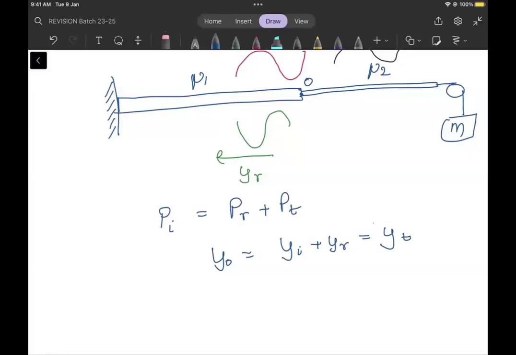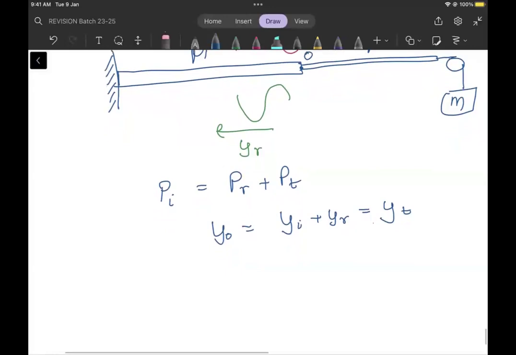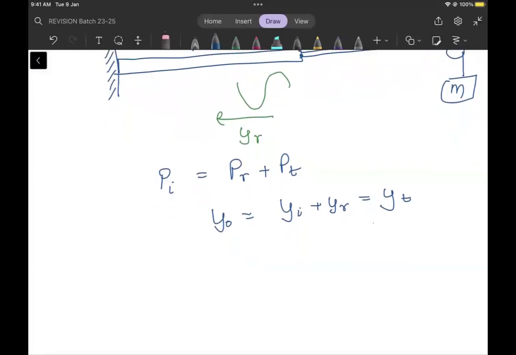To the left of O there are two waves existing, the incident wave and the reflected wave, and therefore they are superimposing on each other. On the right side of O there is only the transmitted wave, so their y coordinates must be same। And if you do this, okay, so you'll have to write this expression in terms of